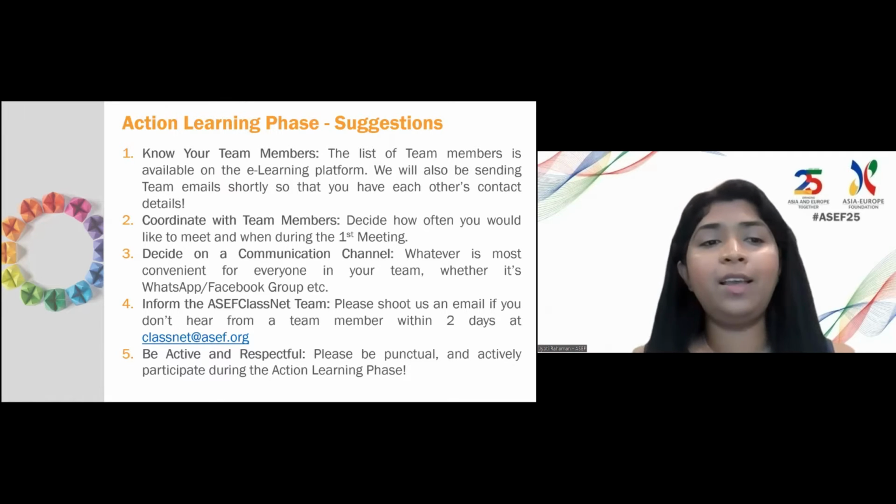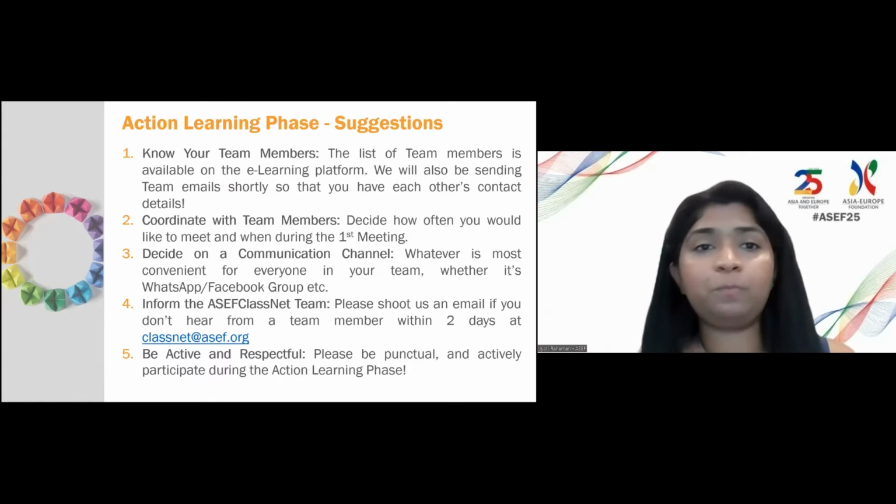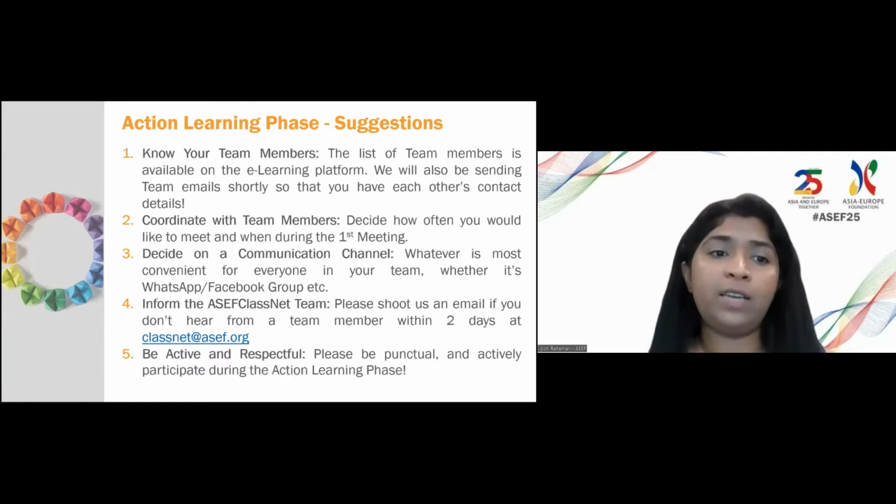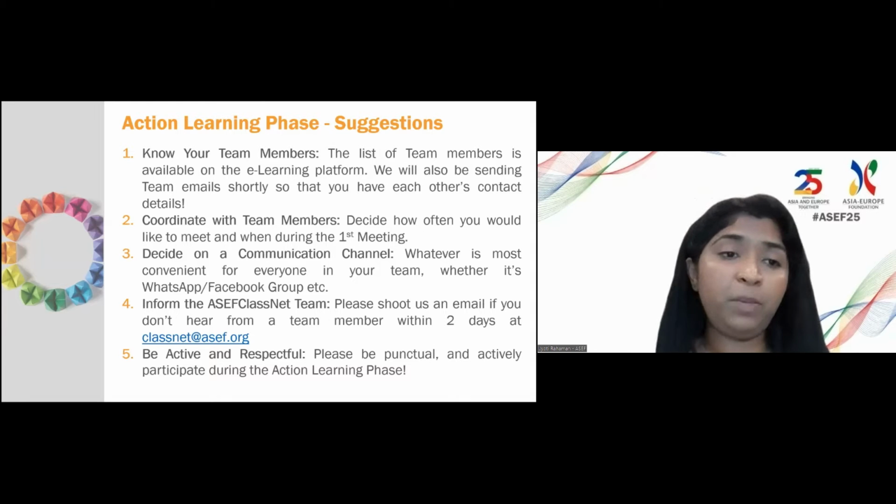So first of all, some of the suggestions we have is we will send you the list of the team members by tomorrow. It will be available on the learning platform, and we will also be sending individual team emails. So for example, if you are in a team of 4, you will receive an email from us regarding the team information, who is in your team, and their contact details.